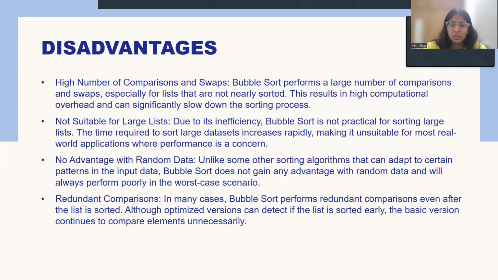In many cases, bubble sort performs redundant comparisons even after the list is sorted. Like we saw in the example given, after pass 2, the list was already sorted. But as not all elements were compared to every other element, it did take another iteration to compare all the elements. Although optimized versions can detect if the list is sorted early, the basic version continues to compare elements unnecessarily,